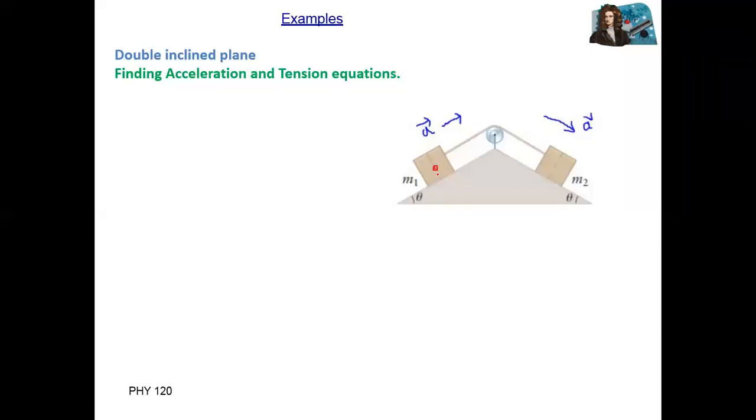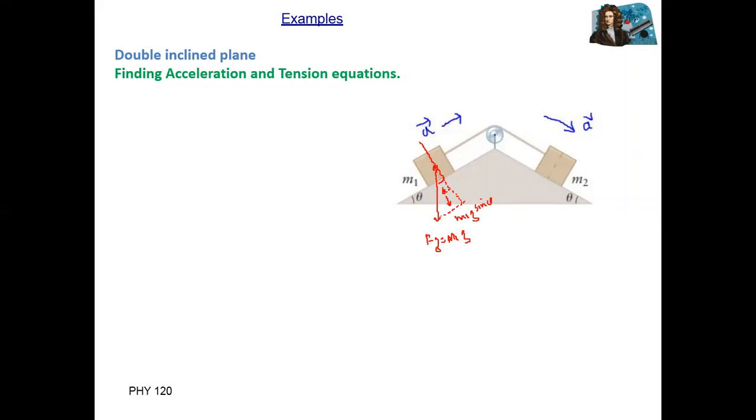If we draw the downward force, this is the gravitational force, Fg, which is equal to m1g. We have the normal force, which is perpendicular, and the angle is theta. Now find the component of the gravitational force m1g. Opposite of theta, this is perpendicular, so this side is m1g sine theta.